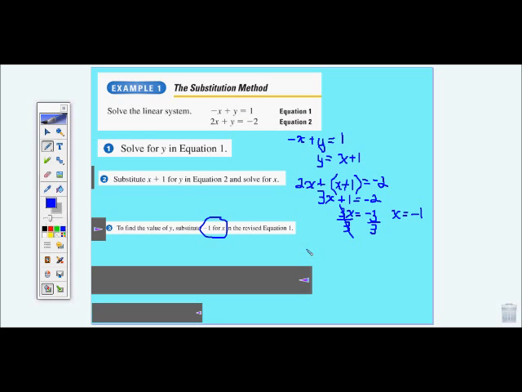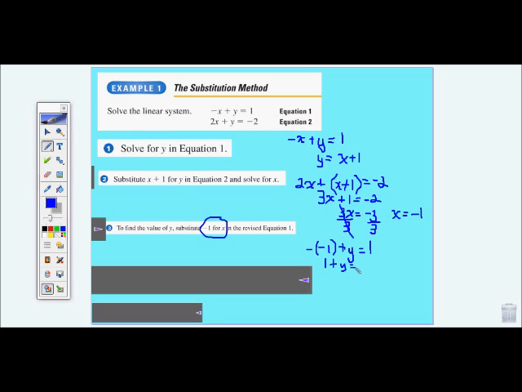So I'm going to say negative my new value of x, negative 1, and I'm going to add y to that. And now I'm going to solve for that y. So negative negative 1 is a positive 1 plus my y